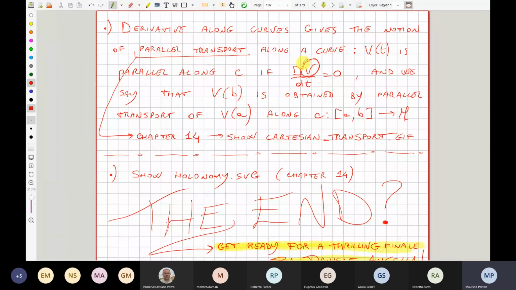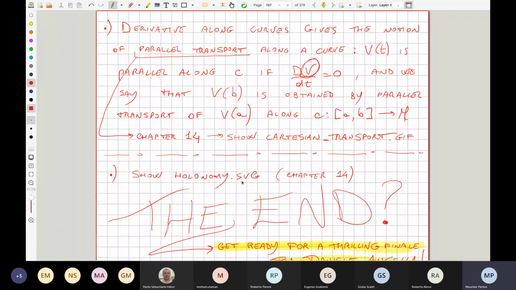This is the notion, the parallel transport, that in the manifold is no more parallel. I mean, the visual notion of to be parallel in Rn is no more possible in the manifold. This is the way we give a meaning to the notion of parallel. Okay? And the parallel transport is given in chapter 14, and I end up